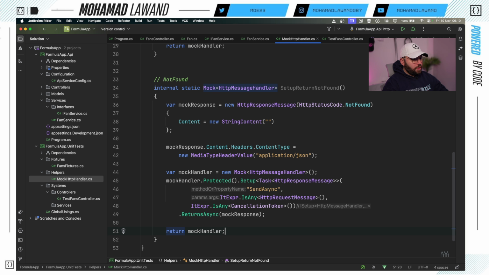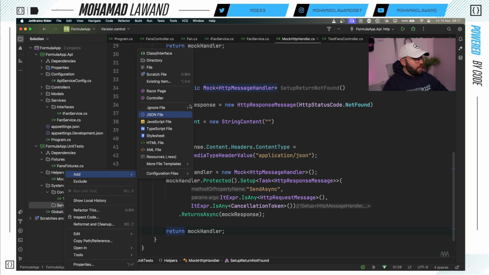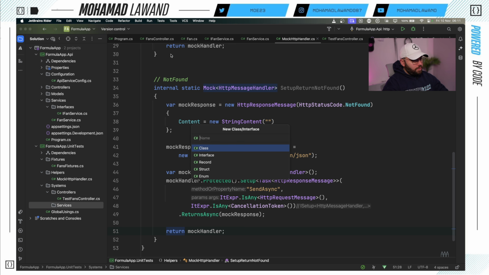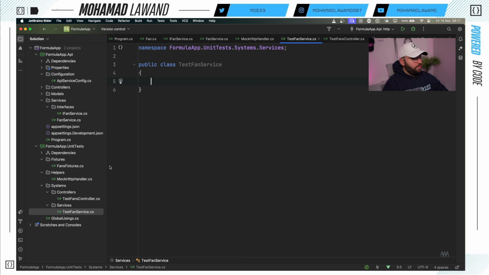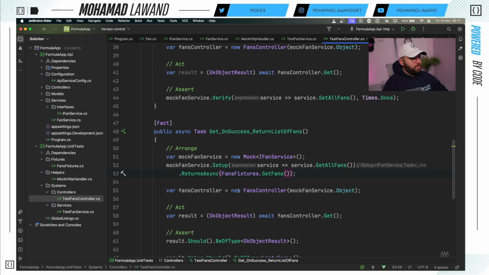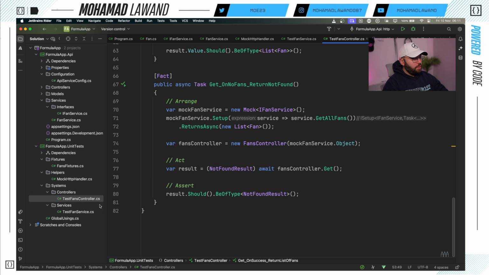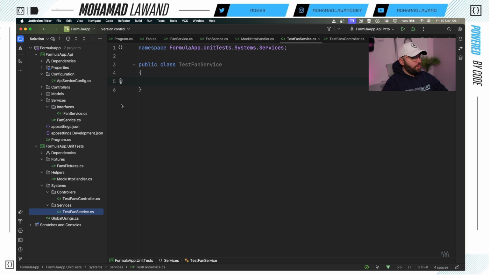So once we have done that, what I want to do here is inside my services on the left hand side, I want to start utilizing this. So I'm going to create a new class, and I'm going to call it test fan service. So the first one here we currently have is we have tested the controllers and we have tested the implementation of the controllers. Now we're actually testing the service itself that we're using in order for us to connect to